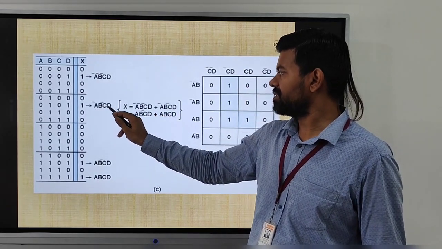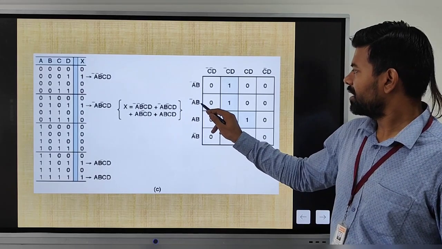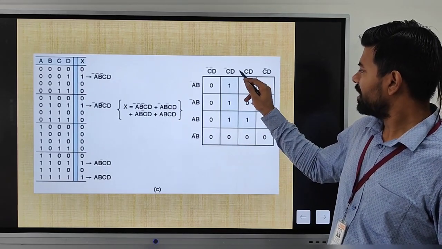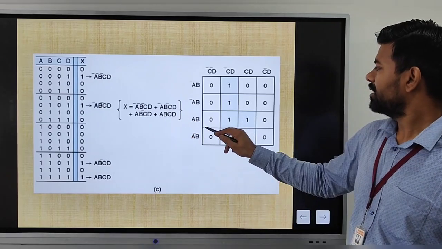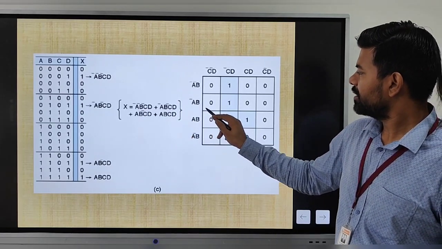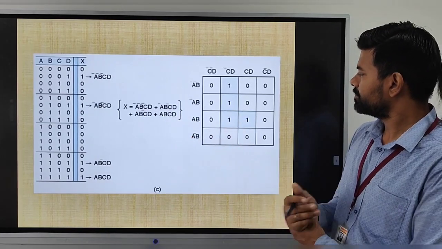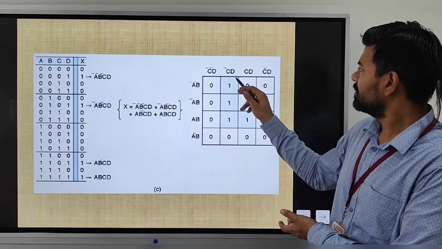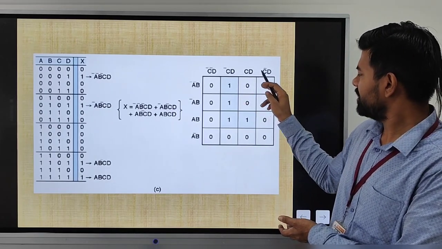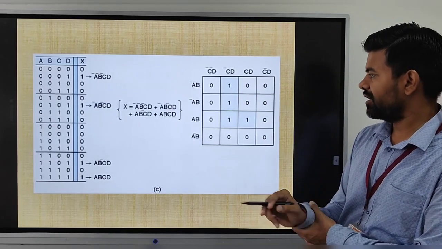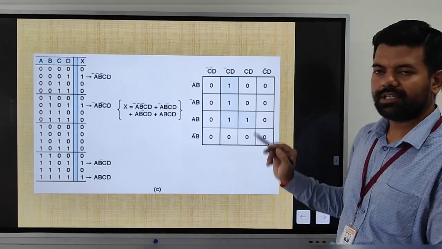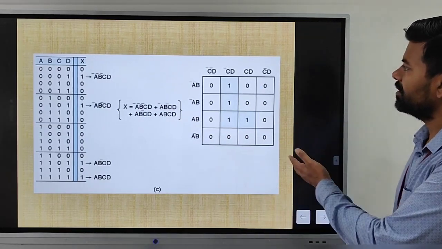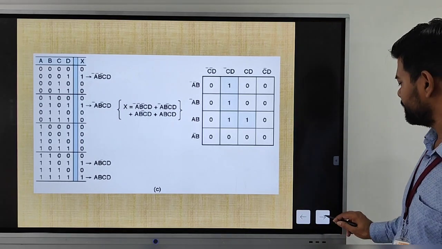Now A bar B C bar D, this is one. Now see, A B bar C D, and then A B C D. This is how we can fill the K-map.